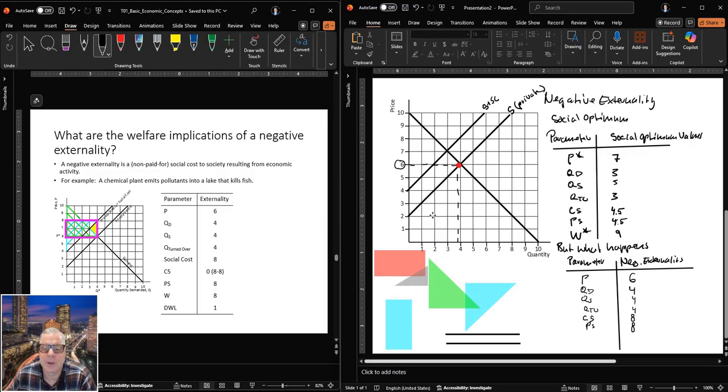Therefore, we said consumer surplus is this triangle, and the area is 8. Then producer surplus, I put it in here, but I'll put it in there, which is the same, because